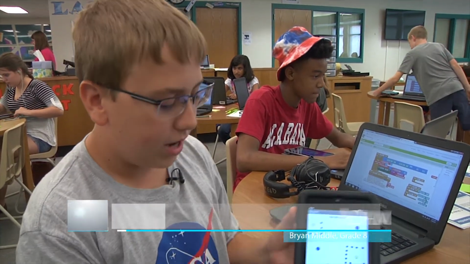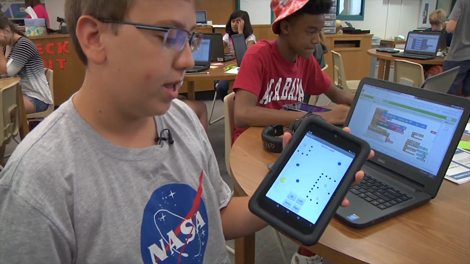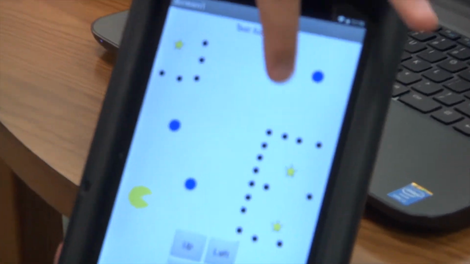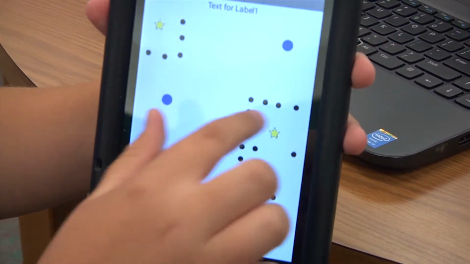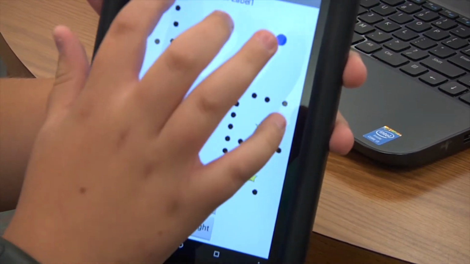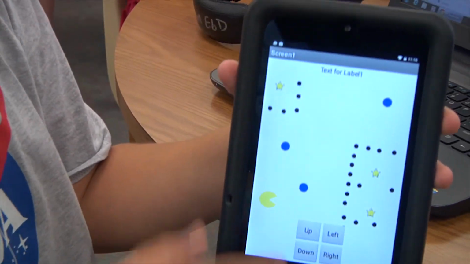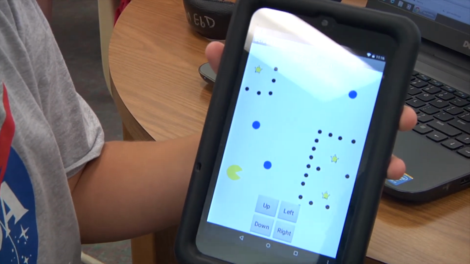My app, I kind of got inspiration from Pac-Man and some of my fellow classmates. What happens is that little Pac-Man over here, he's going to try to collect the stars, kind of like where he grabs pellets in the original game. But instead, he has to try to find the secret passage to find the stars, and it's here and here and here and here where those two balls or dots, is what you can call them, are not enabled, so he can walk straight through them without losing a life.